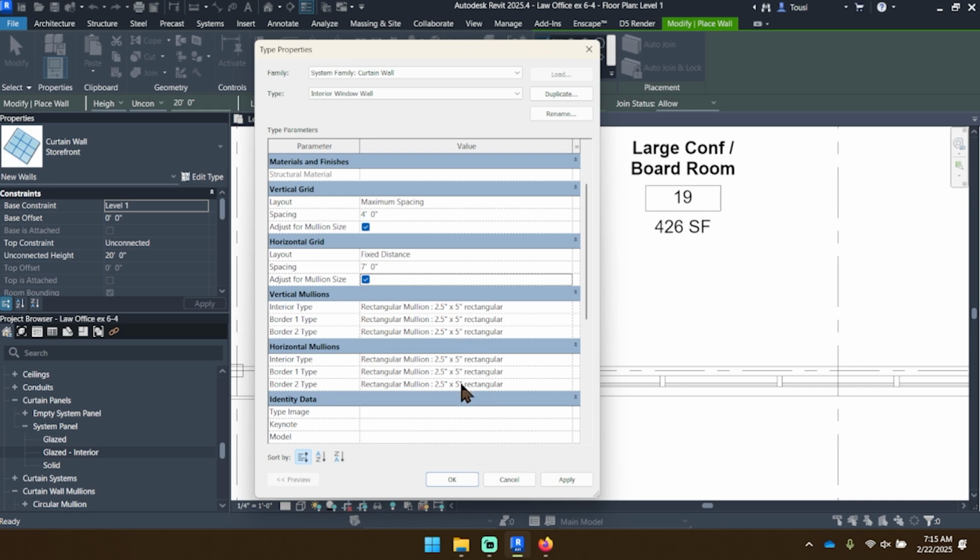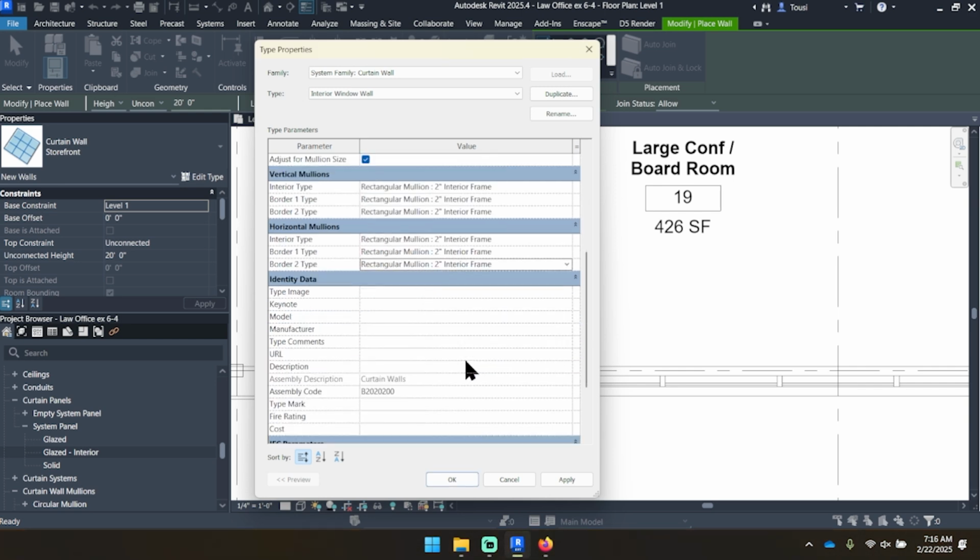And these 6 we're going to need to update to that very first subfamily, the aluminum mullion that we created, to that 2-inch interior. So we will open up all 6 of these options, do the drop down, and do rectangular mullion 2-inch interior frame. The final item is going to be updating its assembly code, which is going to be